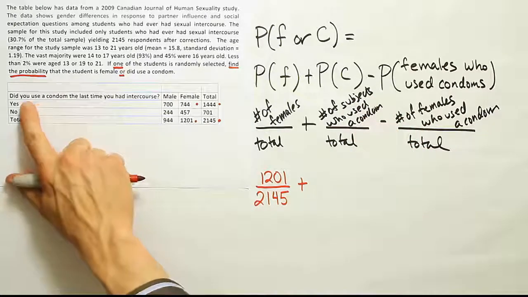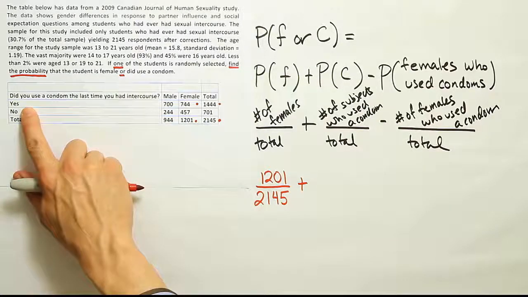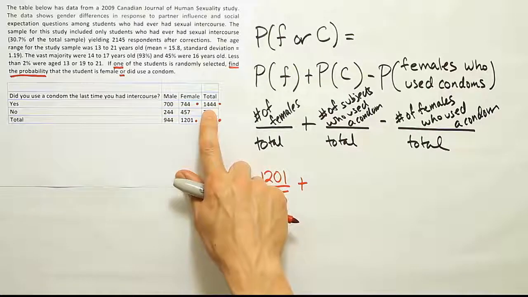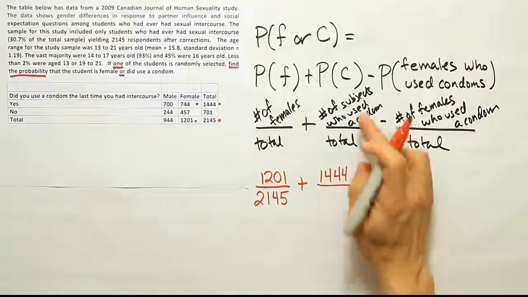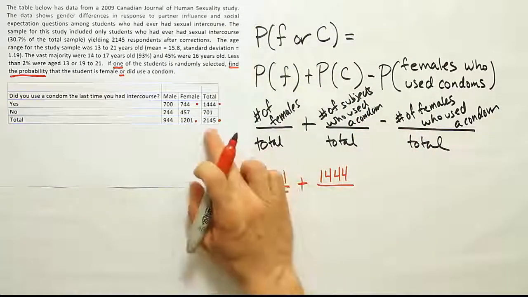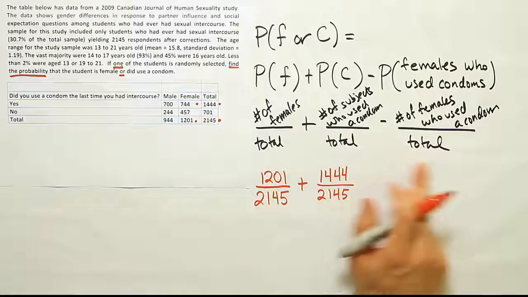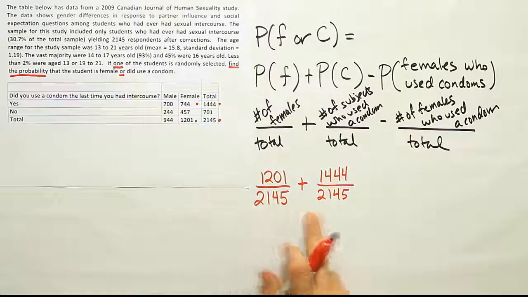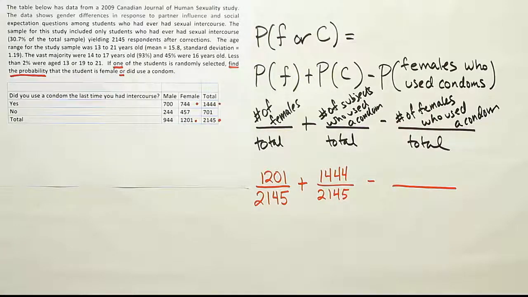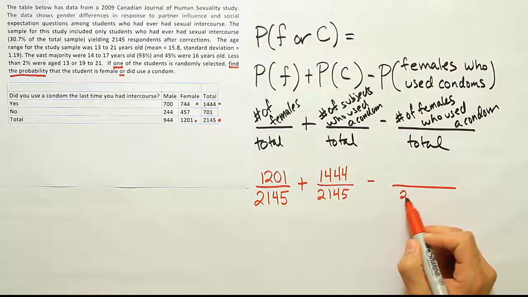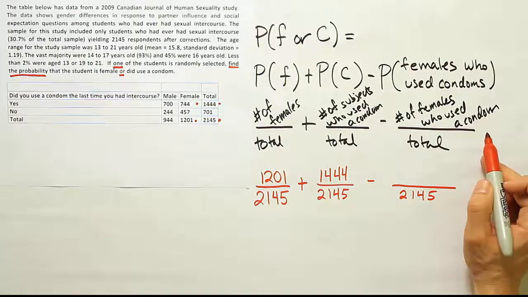So let's see. Right here it says, did you use a condom the last time you had intercourse? It's either yes or no. Well, we want the people that answered yes to that, and that total number is 1,444. So 1,444 meet that criteria, divided by the total, again the grand total, 2,145. Remember that in addition rule of probability, if you're just grabbing one subject, these denominators will stay the same every time. Okay, then from there, we will have the last fraction, the total still being 2,145. And then we're going to put the number of females who used a condom in that top part of